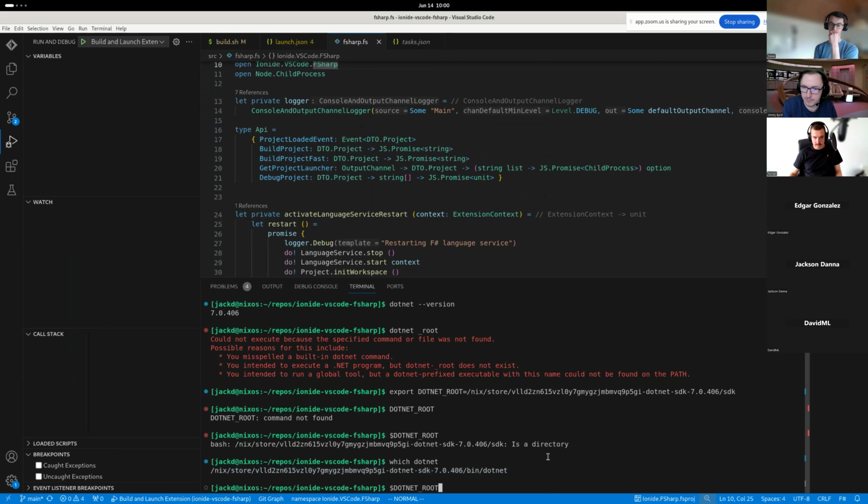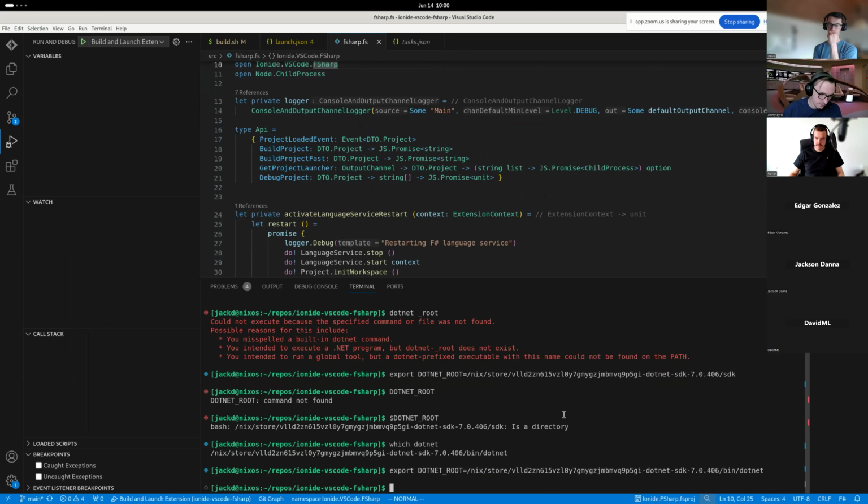So then I think I can just do this again and paste this. So that should override that variable. Now the question is, will this actually correctly run with the environment variable being passed on? I think you can set an environment variable in the launch JSON as well. I think that's possible.